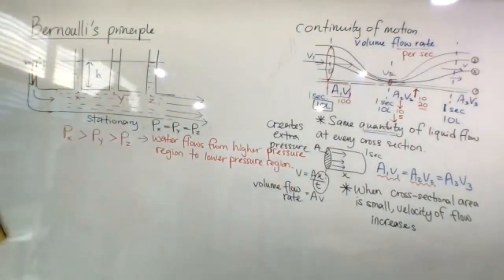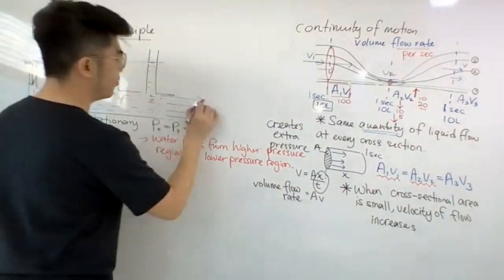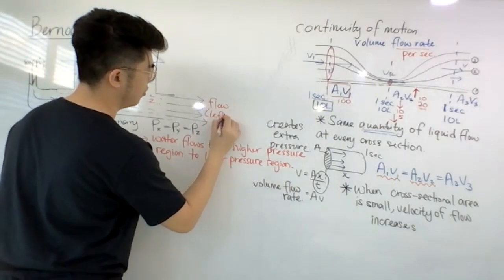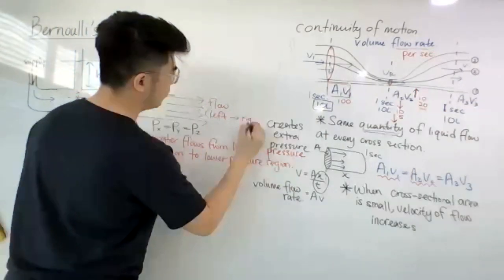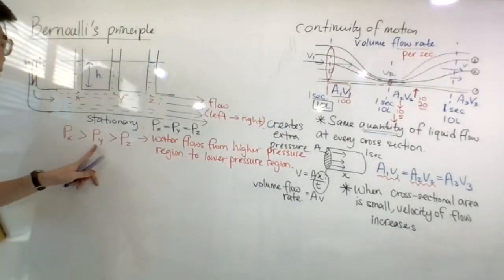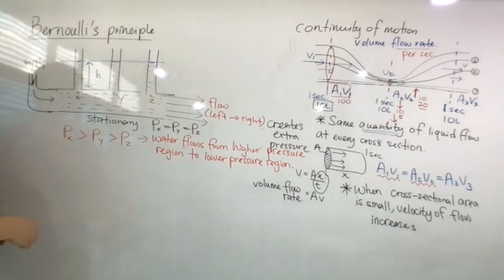Like this. High pressure region to low pressure region. So the flow is moving like this, left to right. So now, if this pressure is highest, followed by Py and Pz,